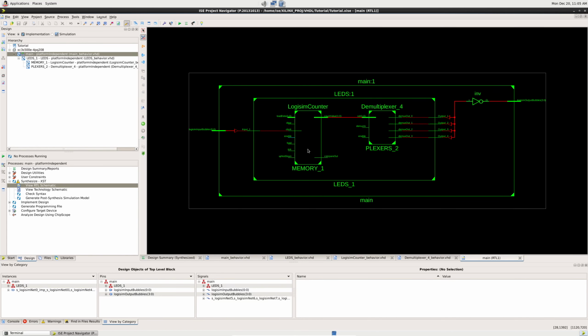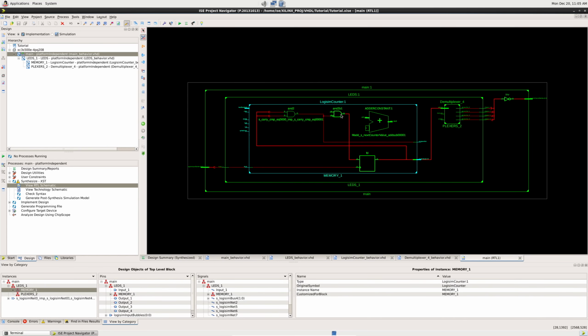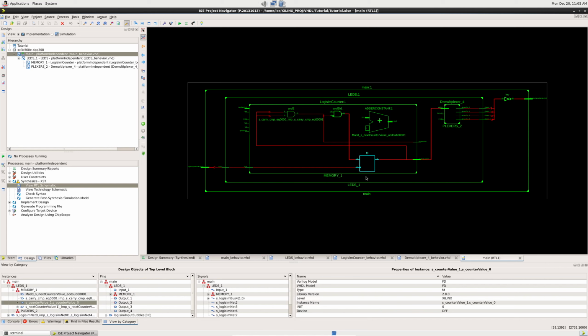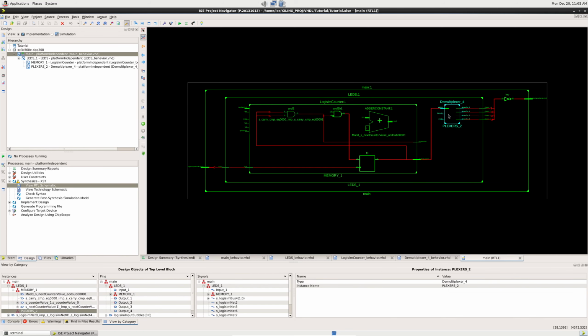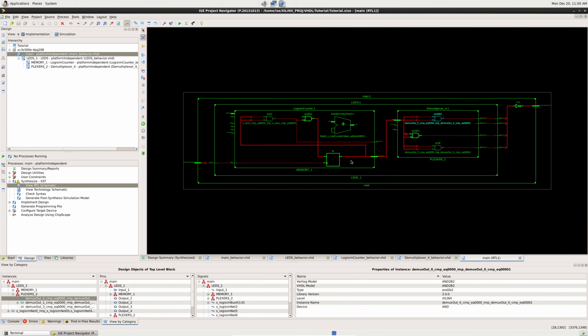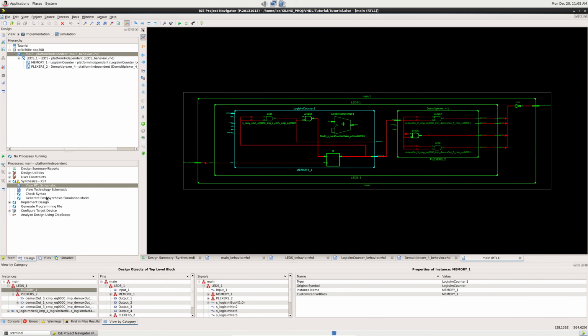And inside of that, we have our counter and our demultiplexer. We can expand the counter, and here you can see the logic that implements the counter functionality. So we have an adder here, something like a D flip-flop, and then 2 AND gates there. And for the demultiplexer, we just have a bunch of AND gates with some negated inputs there. Very neat. And then we can also see how it's actually going to be implemented on the FPGA